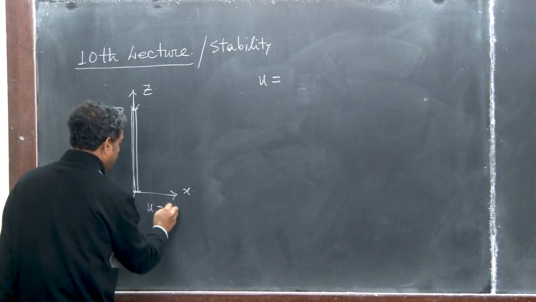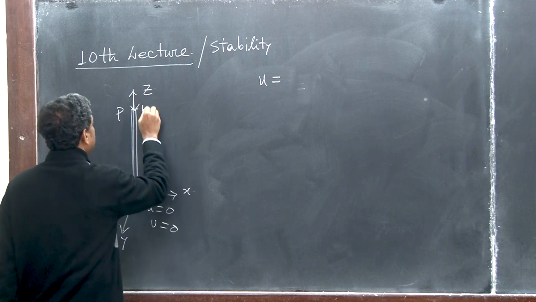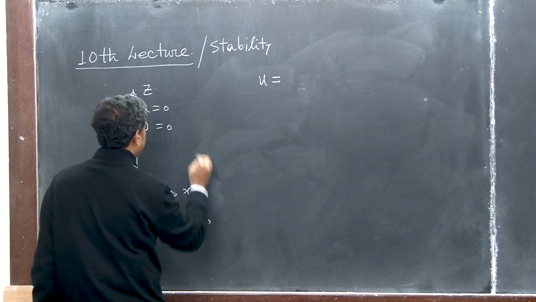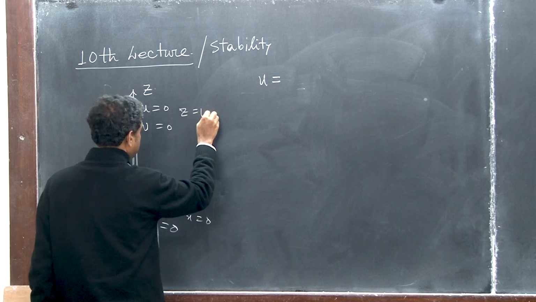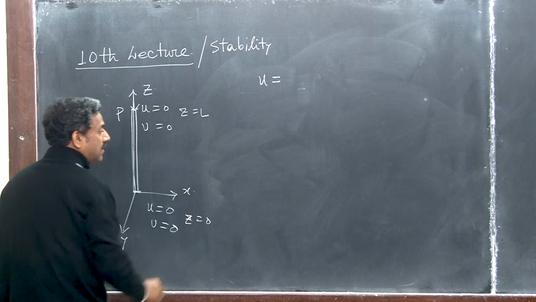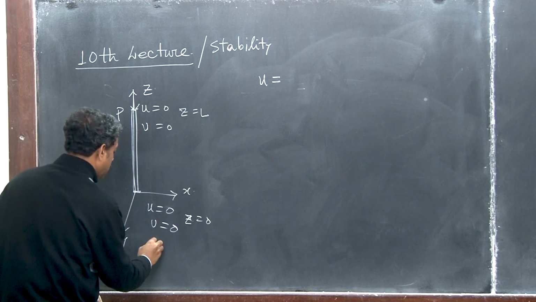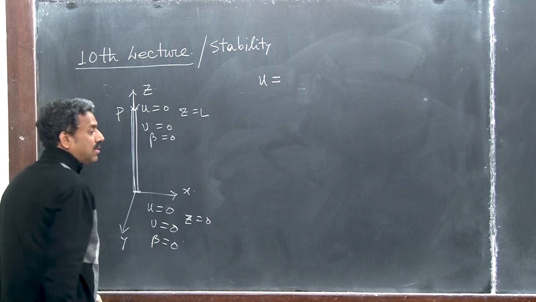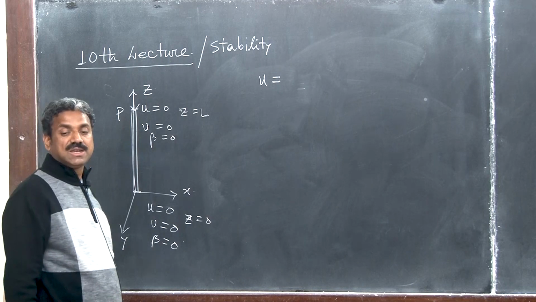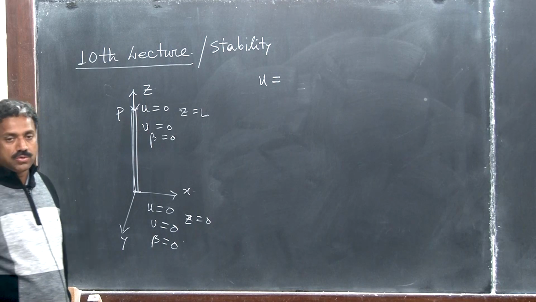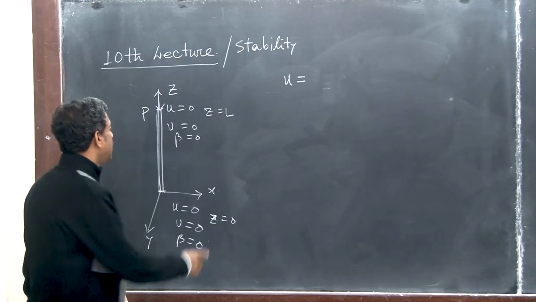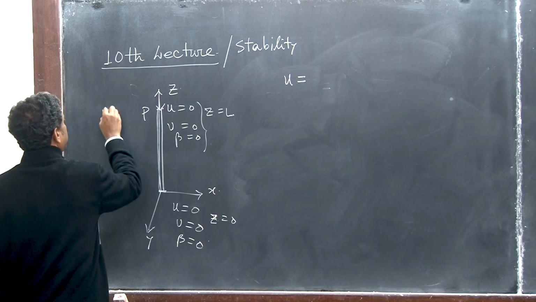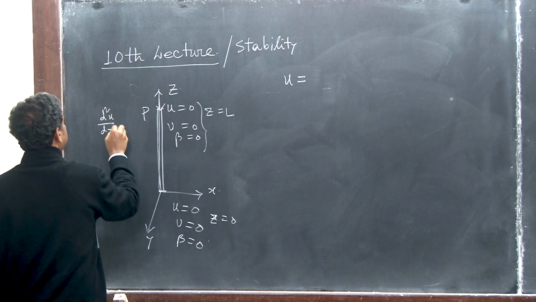So u0 is equal to 0, v0 is equal to 0 at z equal to 0 and z equal to L, and beta is also 0. We have also assumed that it is free against warping at the end. So d2 beta dz2 is equal to 0, and also d2u dz2 is 0,